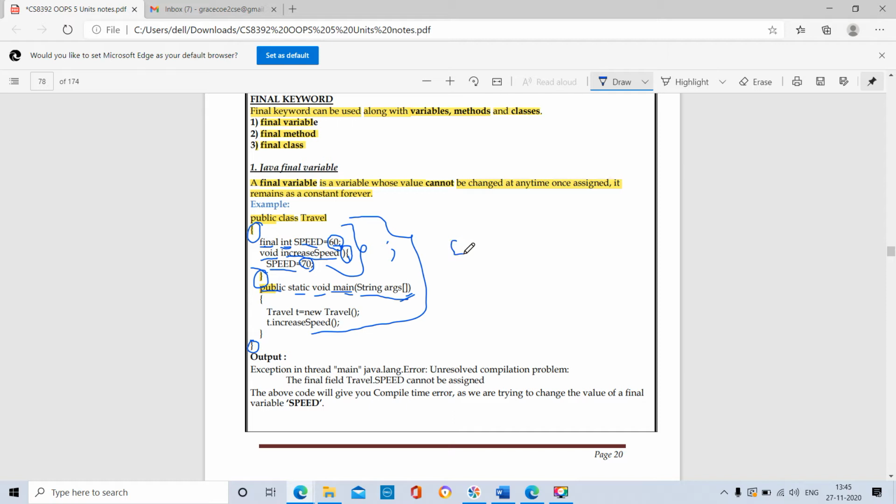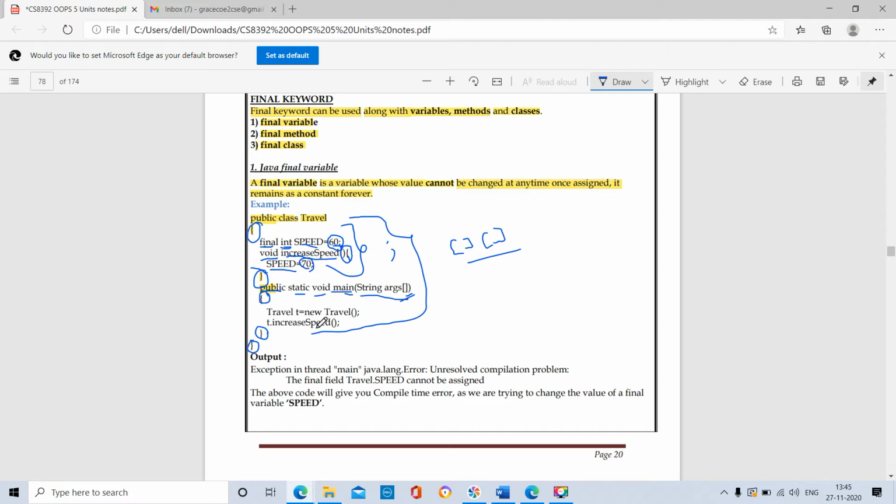Two dimensional array means you have two square brackets. This is the two dimensional array, and this is the single dimensional array. This is the body of the main method, the open curly brace and close curly brace. Within the open and close curly brace, we have the body of the method or definition of the method.